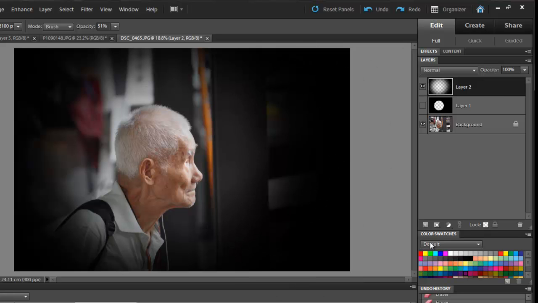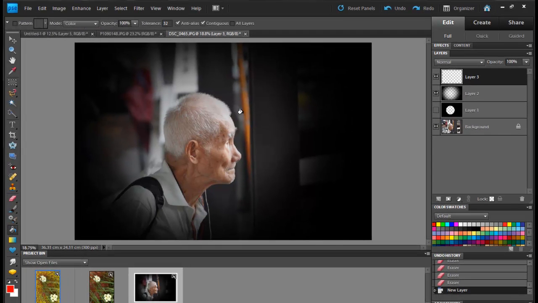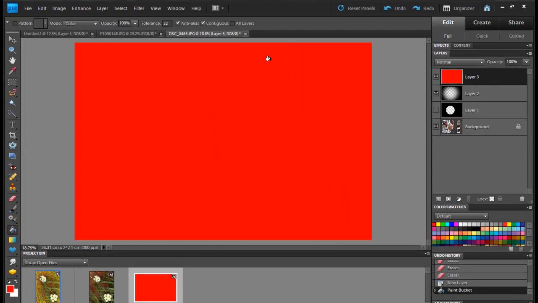Let's create another layer. And this time I'm going to use red. Go down to my bucket tool. I'm going to fill the whole of that layer with red. Now I want to be able to see through this. I'm going to change the opacity so I can just see his head. This time I'm again going to choose the eraser, but I'm going to make it a bit smaller,